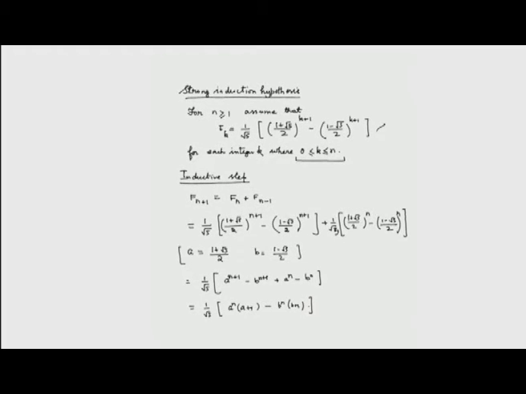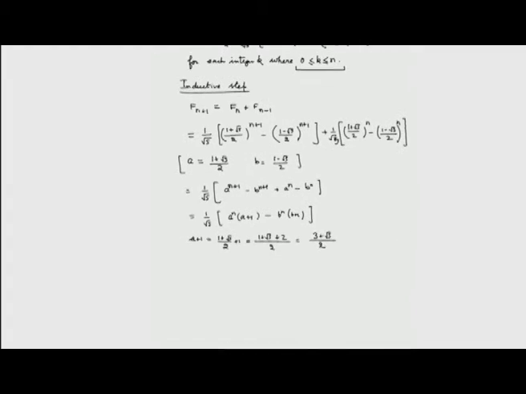Now, if we start with a plus 1, we will see that a plus 1 is equal to 1 plus root 5 by 2 plus 1, which is of course equal to 1 plus root 5 plus 2 by 2, which after simplification becomes 3 plus root 5 by 2, and by a sudden